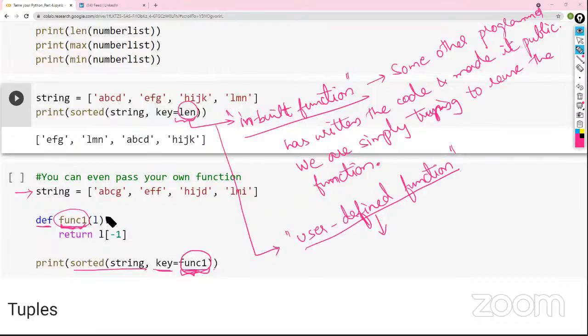I mean, you can give again here X. If you give here X, here also you have to give X. If you give Y, here also you give Y. If you're giving L here, then here also the same L would be given. And then you end this with a colon. When you click on enter,